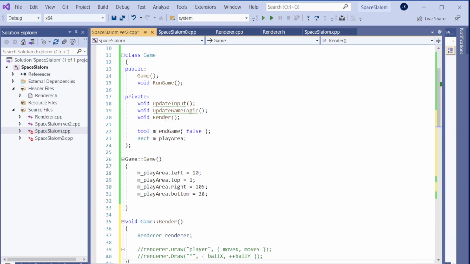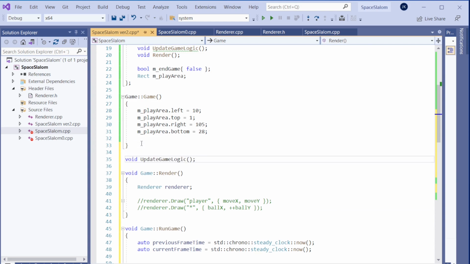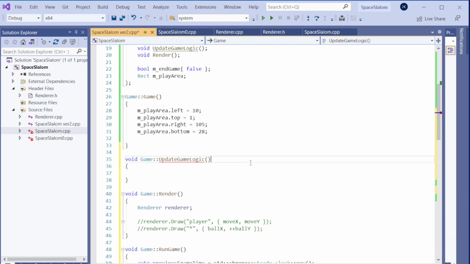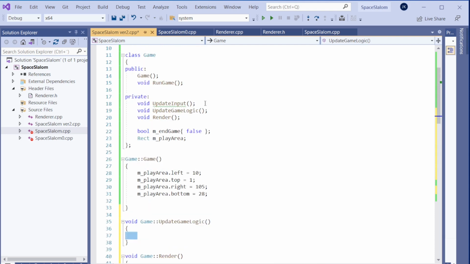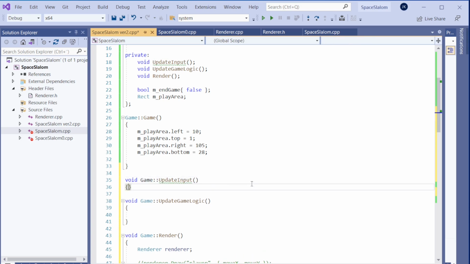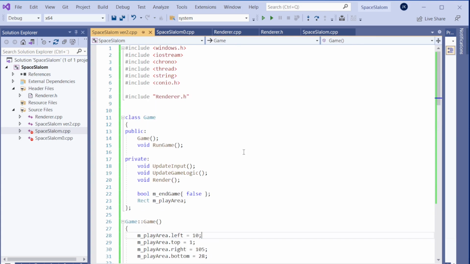And then we need to have the update logic. Let's create the frame of those functions first, and then start creating the implementation. We will put the implementation here soon, and then we have the update input. There is one big thing we're going to add next, which is